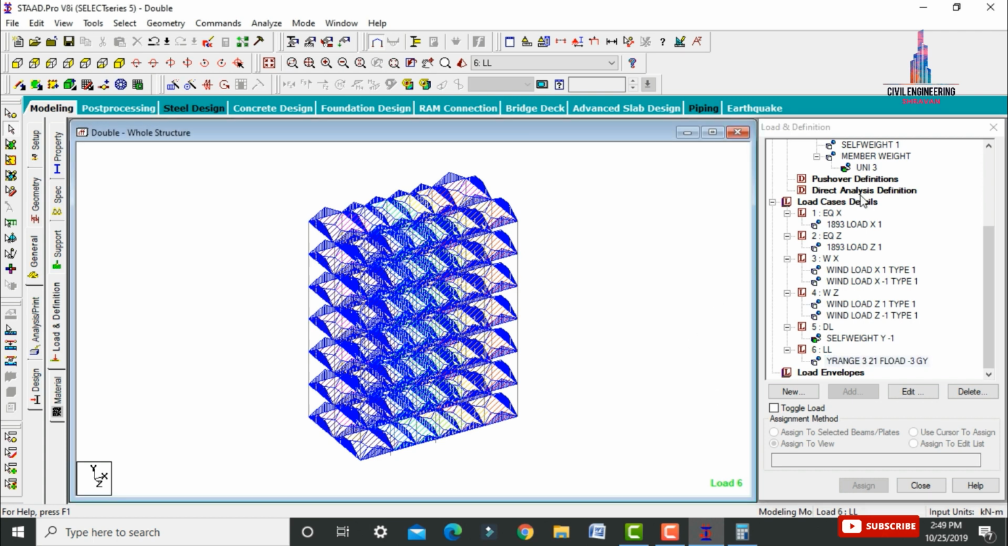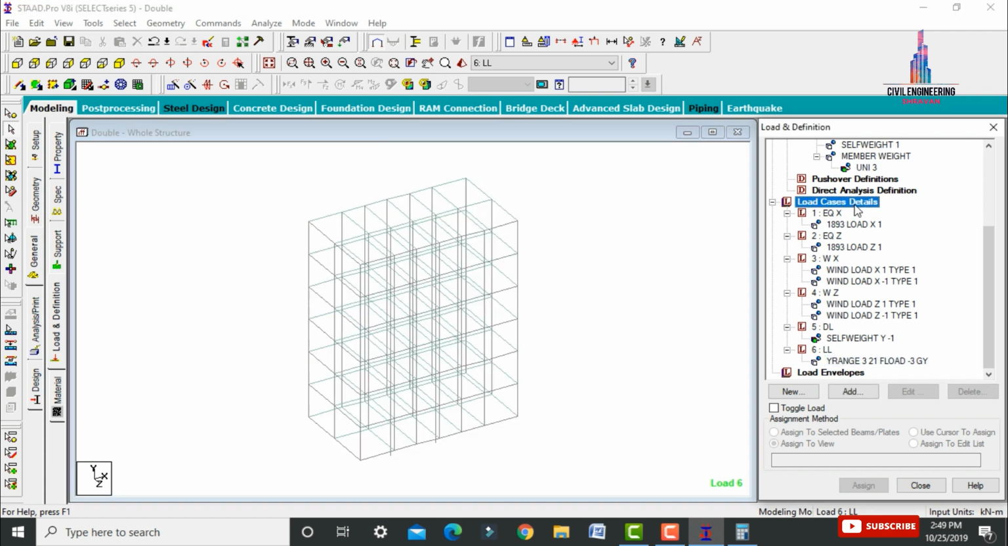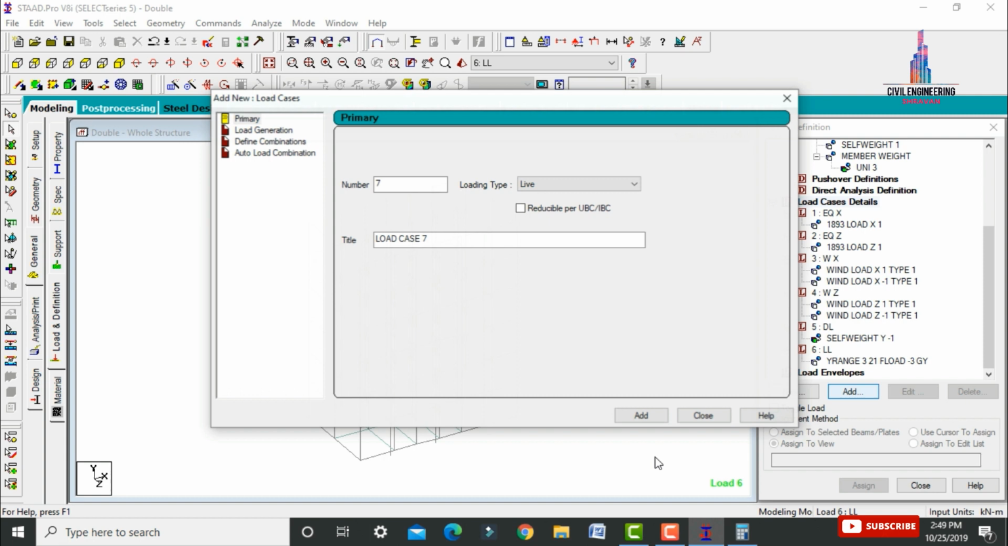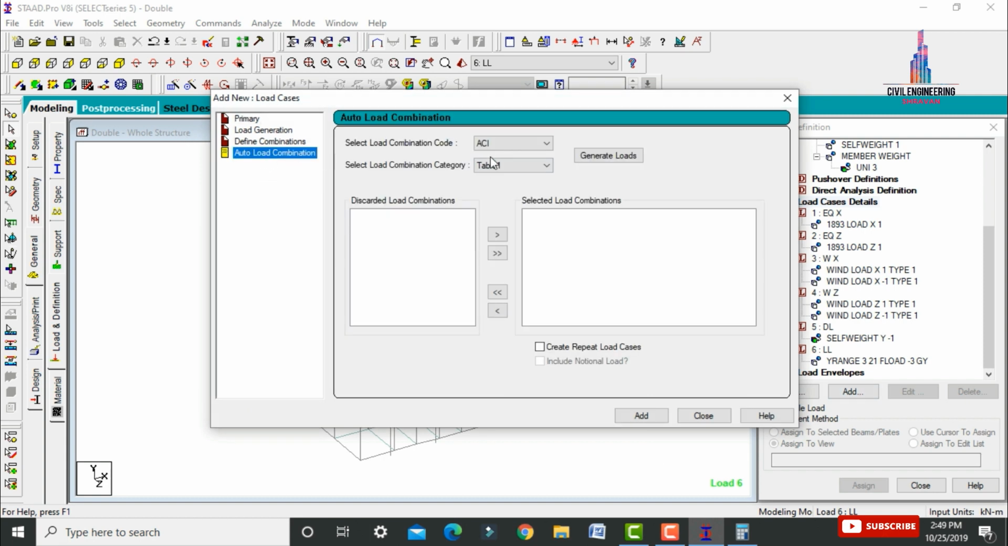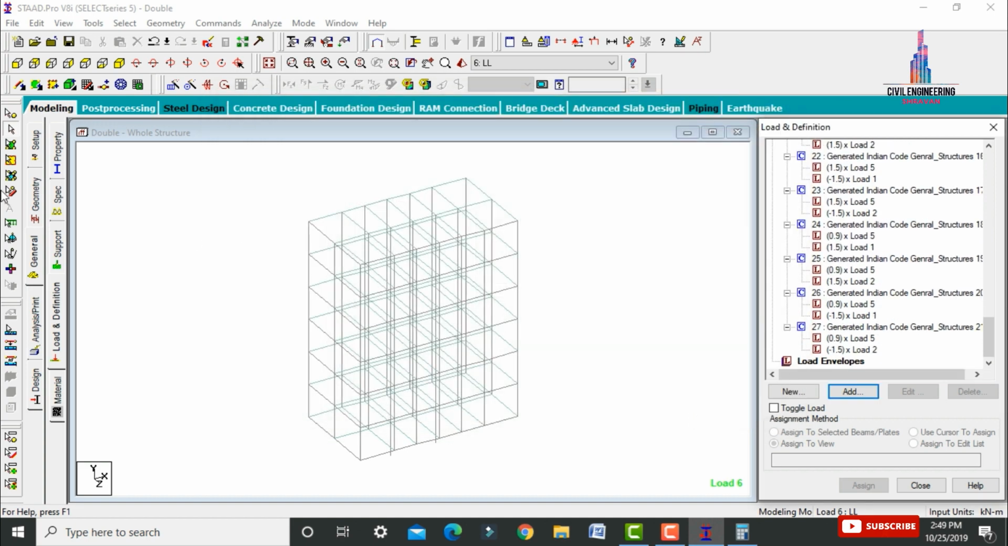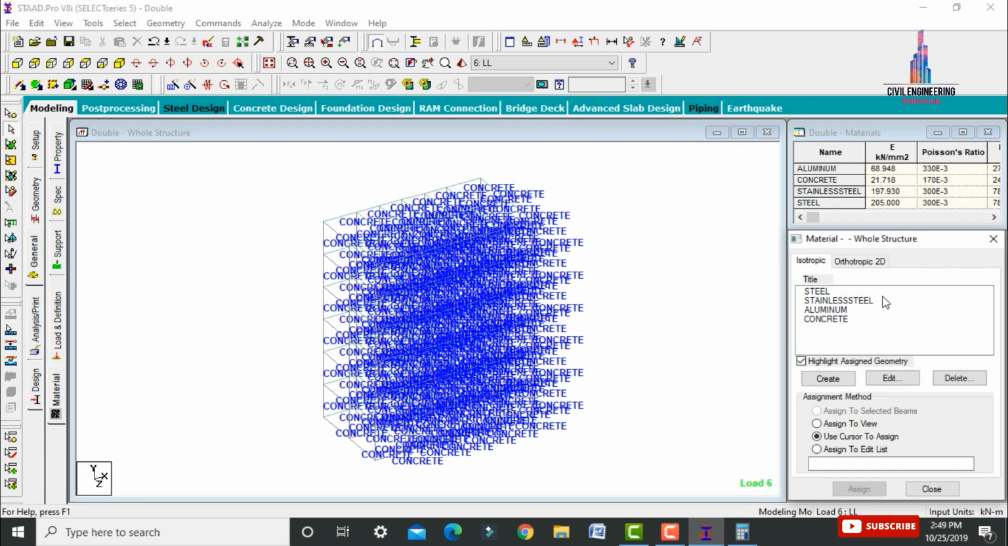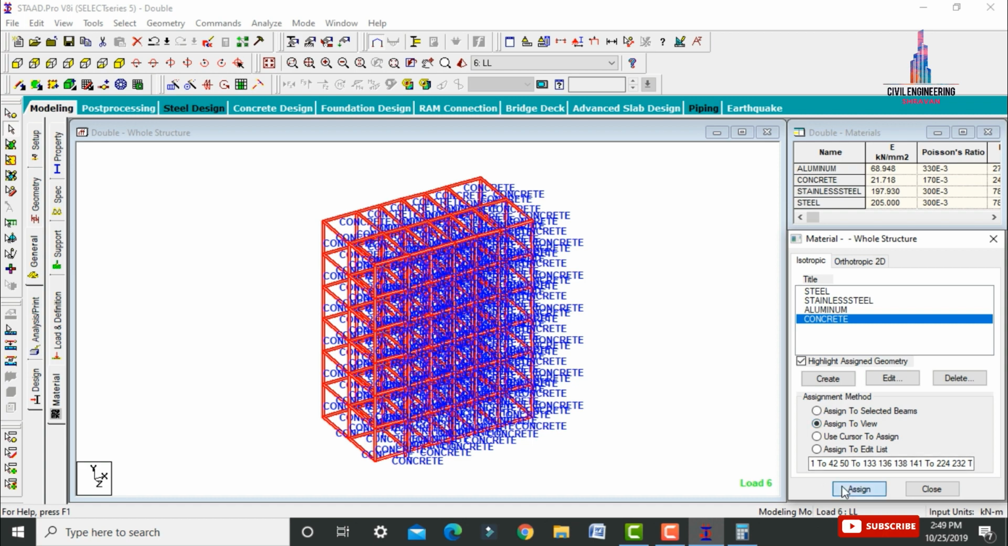After that, we have to add the load combinations. Select load case details. Click on add. Select the auto load combinations. Select as per the Indian standard code. Click on generate option. It will add the load combinations as per the Indian standard. Add button, close option. After that, go to select the materials by using concrete material, assign to view, assign